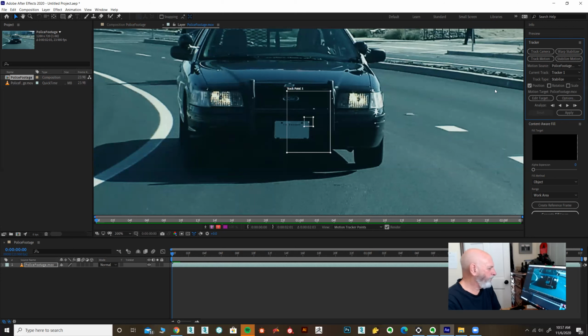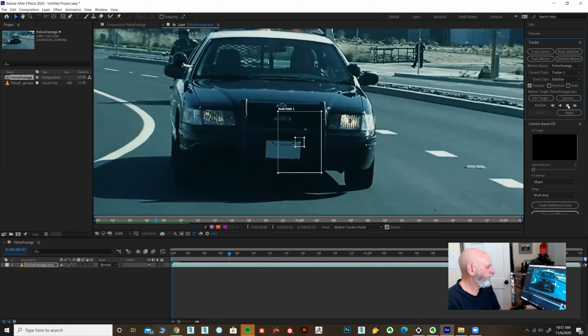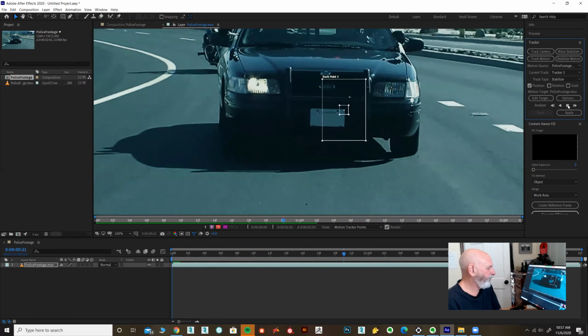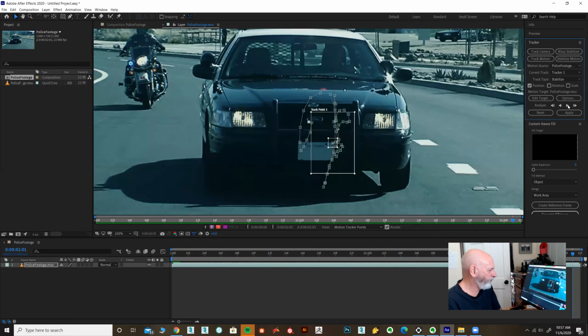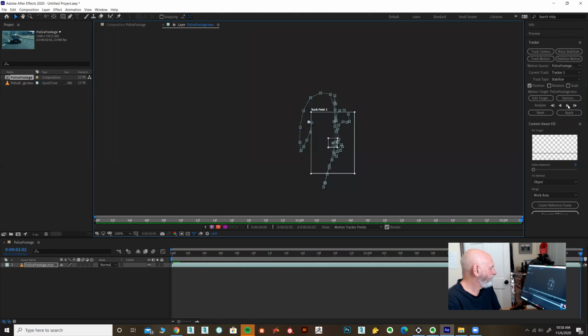All right. So now, again, making sure we're at home, right? There's a thing that looks like a VCR or whatever you call it, play, rewind type thing. So you hit the analyze forward button. It looks just like a play arrow, okay? And it'll go through your footage and you watch that thing and make sure that it sticks onto the license plate. Okay, if it doesn't do that, oops,